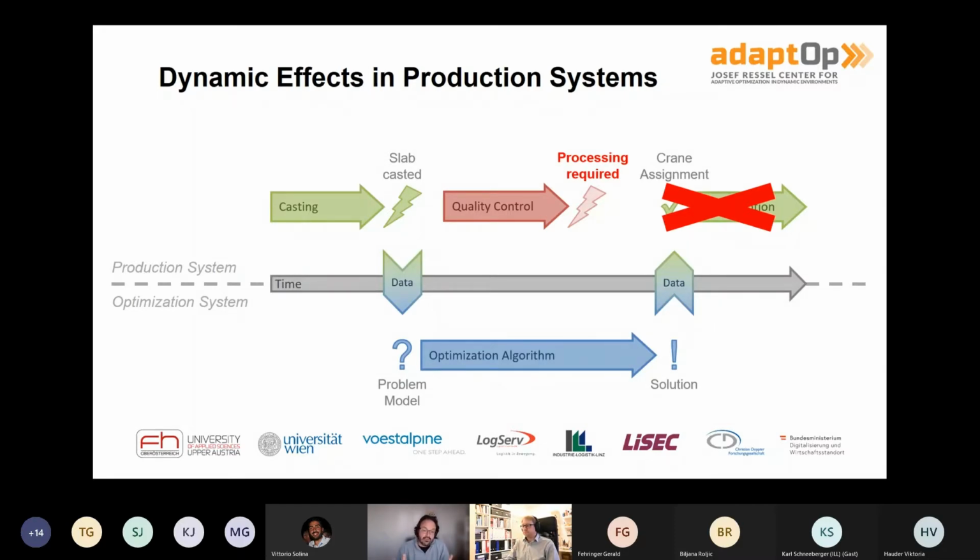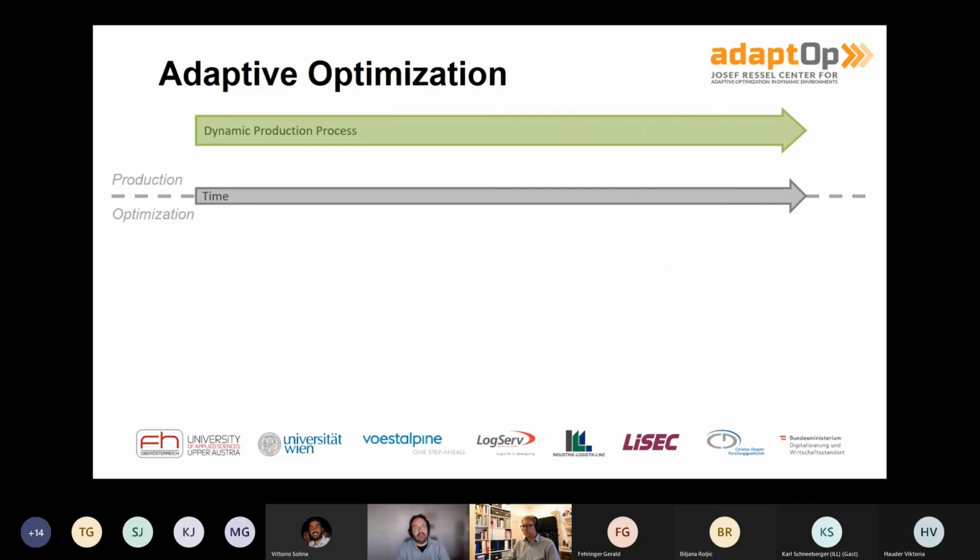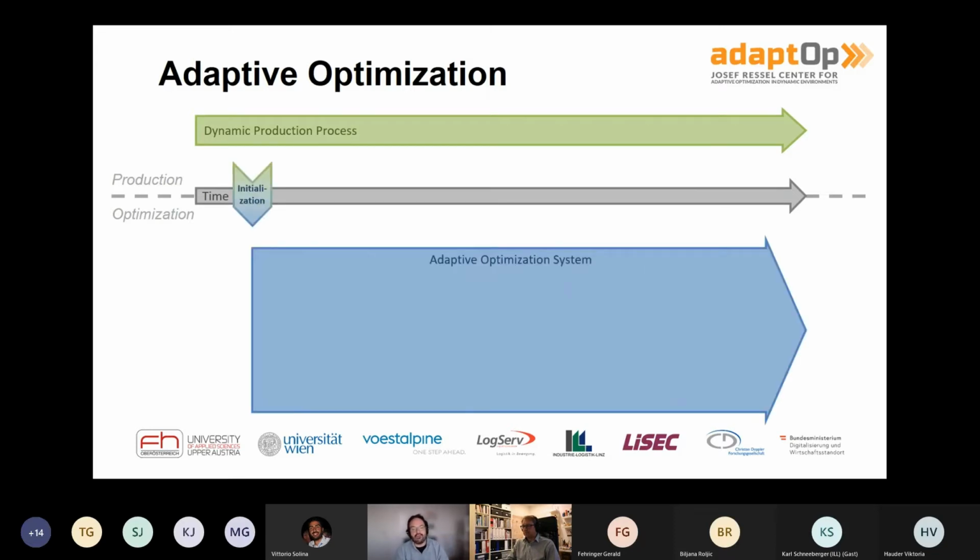And this idea is what we strive for in our Josef Ressel Center adaptOp. So what we want to have, and the vision that we follow, is an adaptive optimization system. So in fact, we have a dynamic production process which just flows over time, and parallel to this dynamic production process, I want to have an adaptive optimization system. So I do not want to start an optimization algorithm each time